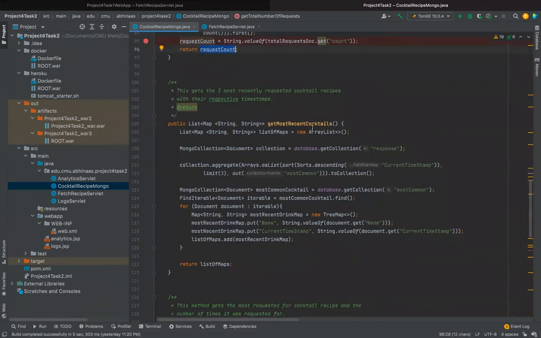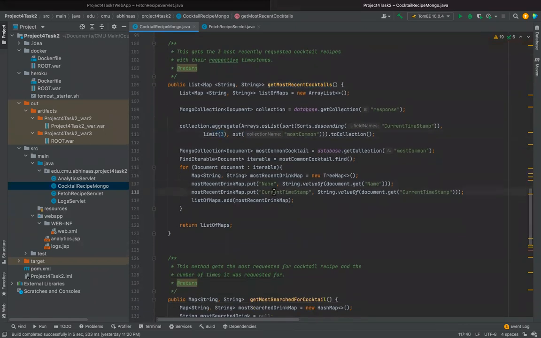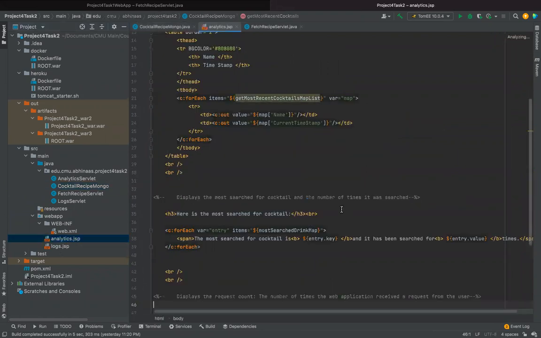Similarly, we are also showing the most recent three cocktails. This has another query that we saw on the analytics dashboard. We are only limiting it to three, which shows the three most recent cocktails. And we get the name and timestamp information for the same, which we then later display on the analytics JSP